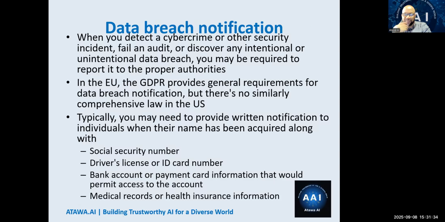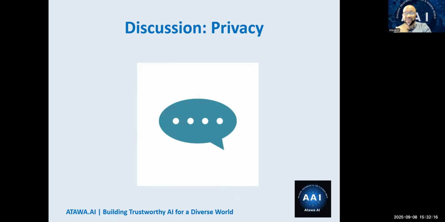All right, so if you're handling the data and there's a breach, what do you do? You need to notify individuals. There are very strict rules, like in the EU, there are very strict requirements for notifications, right? The US is a little lagging. I've been involved in laws in UAE and Nigeria. Believe it or not, those 2 countries are even more ahead than the US, but the EU is very advanced, right? When somebody has information like your social security number, your national ID number, your Emirates ID number, your driver's license, credit card number, medical ID number, you need to notify them.